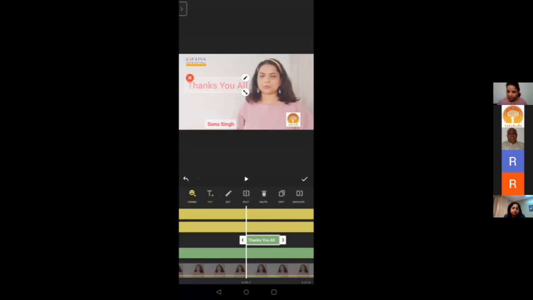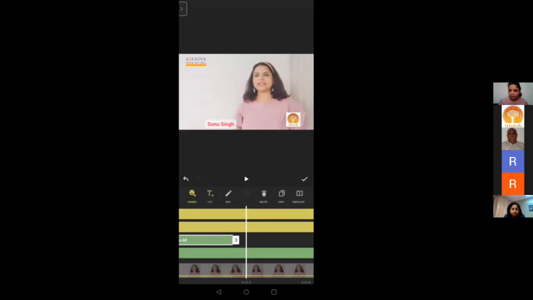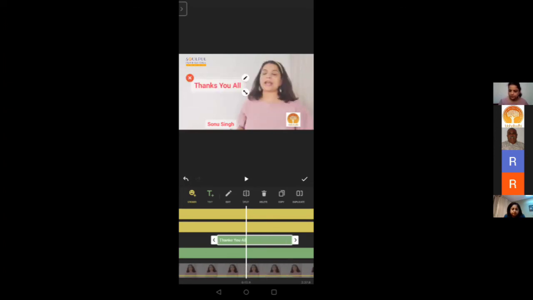So what do I do? I just hold this. Okay, this arrow, the right arrow on the frame, you just hold it and you can drag it. See? Can you see I'm dragging it? You can drag it till the frame you want to keep it. So I just want that it should be here till only a certain frame. I just wanted this much. It should be there from 48 to 54.